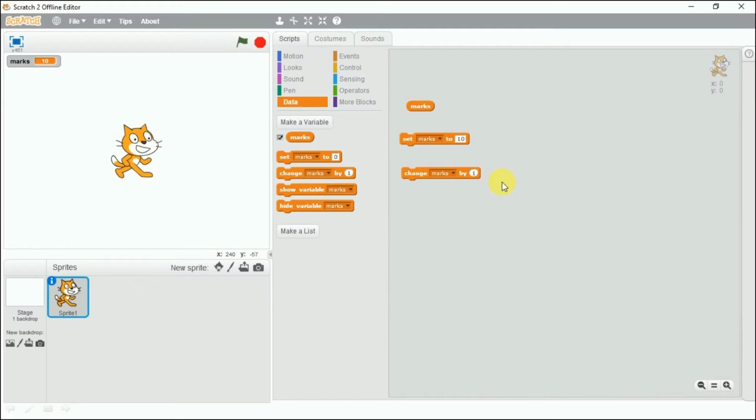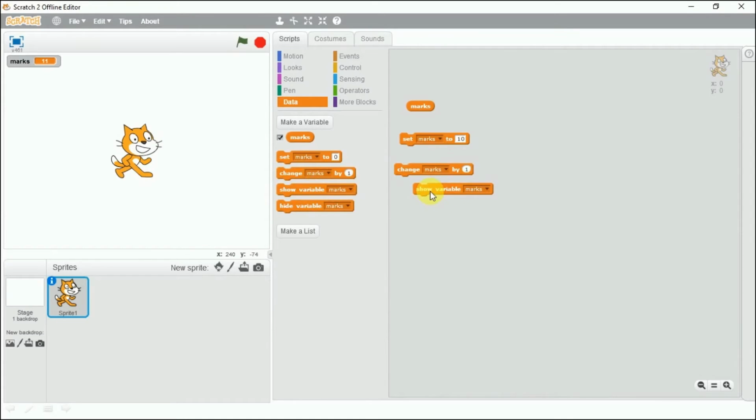Like when we play cricket, the cricketer moves between the wickets and their runs increase. That's how this is going to work. If I keep working with this, see, it is increasing. Now next is change marks, show marks.